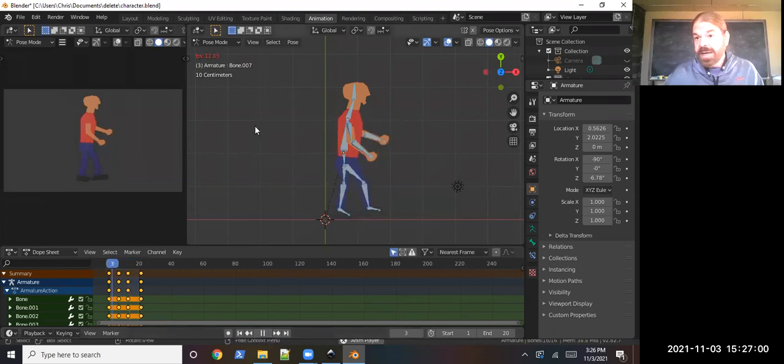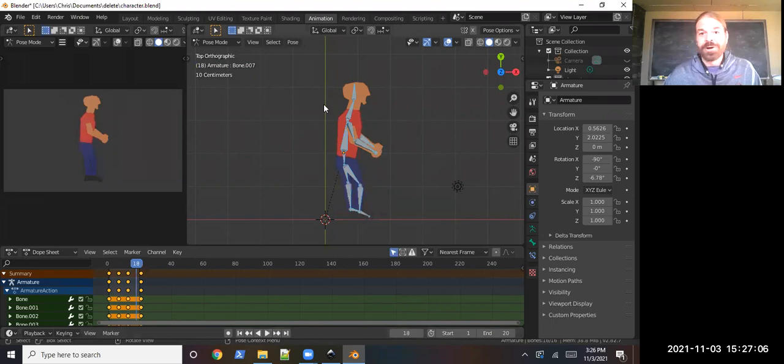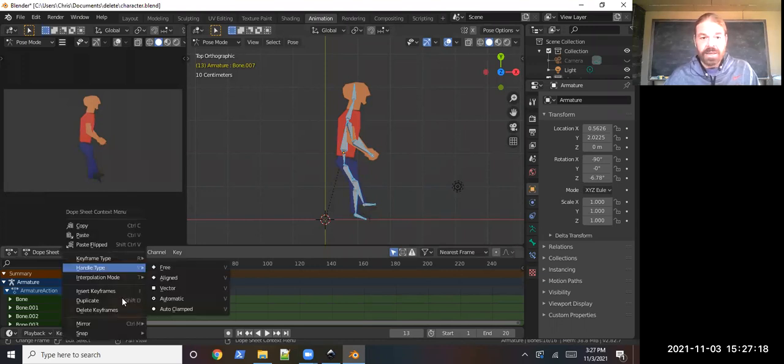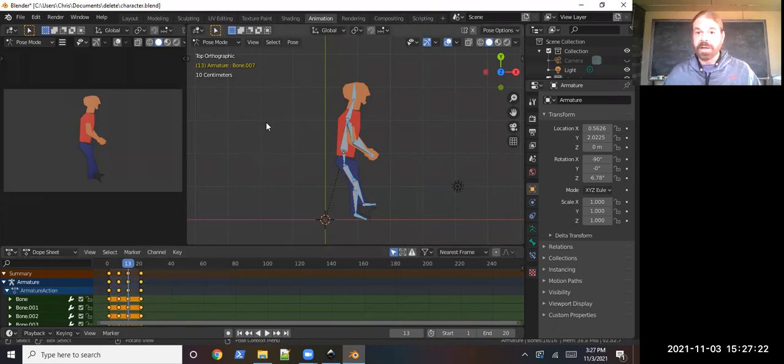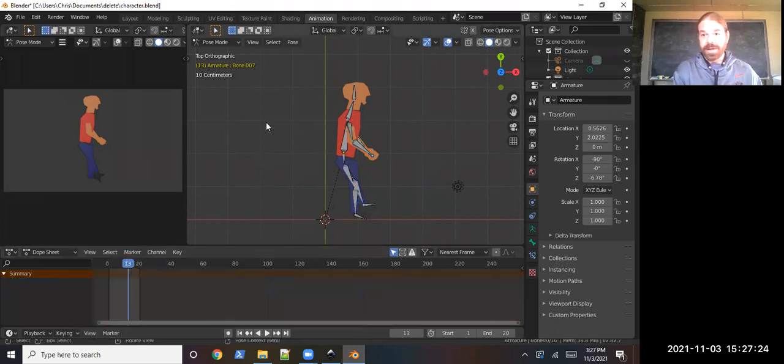The final step is we need to export that. So it's like, okay, that's going to work. Really, that one wouldn't work, right? Normally we would clear out all those keyframes. So if you don't like one, you can come to a spot where there's keyframes at, like frame 13 here, right click, and you can remove the keyframes from it that way, which really, when you're not under time constraints